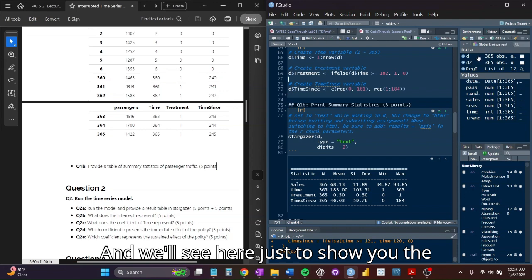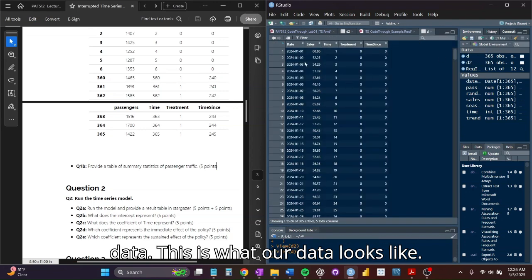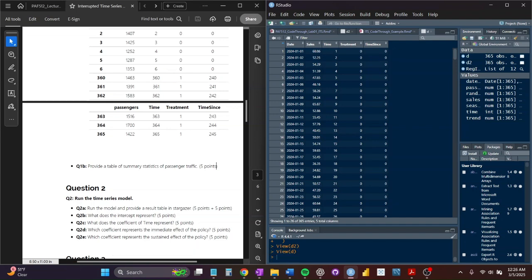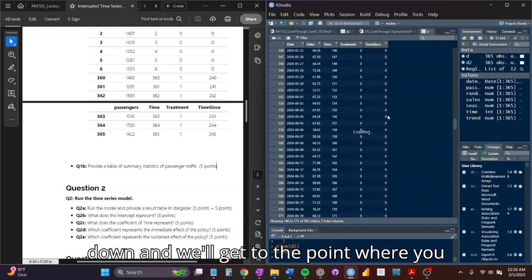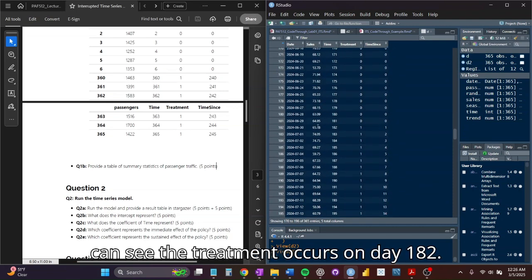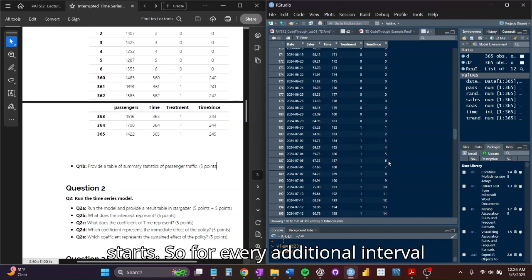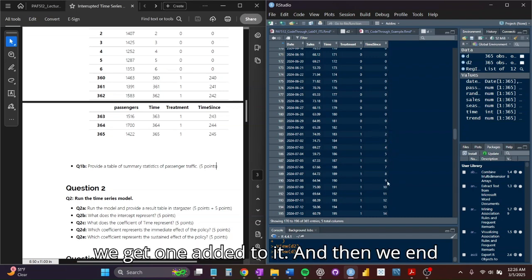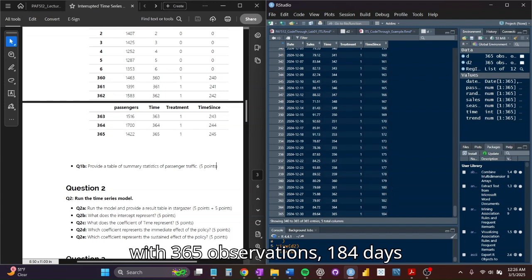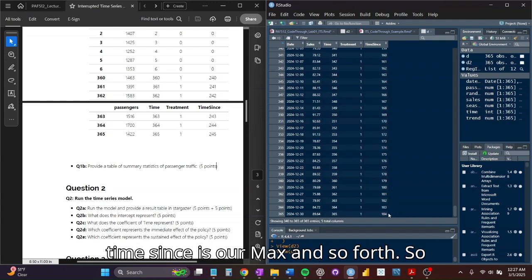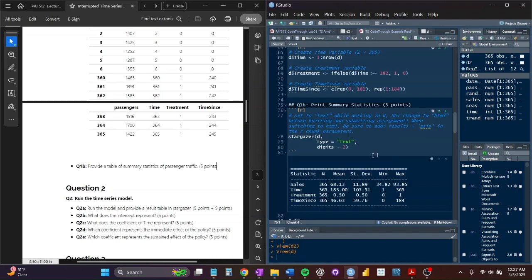And we'll see here, just to show you the data, this is what our data looks like. The date column, you can just ignore that. We have our sales column in this example. Time, treatment, time since. So we'll scroll down and we'll get to the point where you can see the treatment occurs on day 182, our flag goes on, and our time since starts. So for every additional interval, we get 1 added to it, and then we end with 365 observations, 184 days time since is our max, and so forth. So coming back,